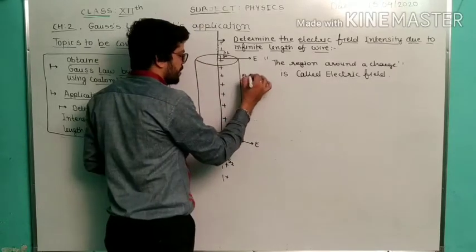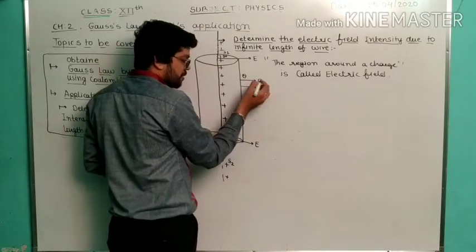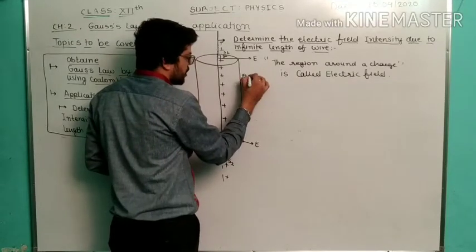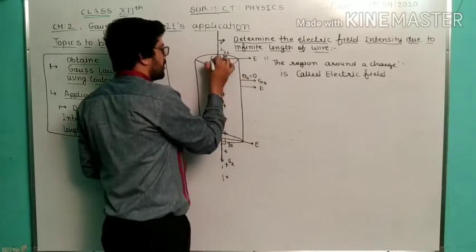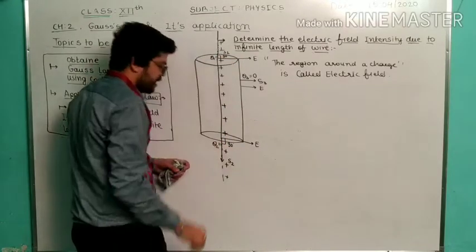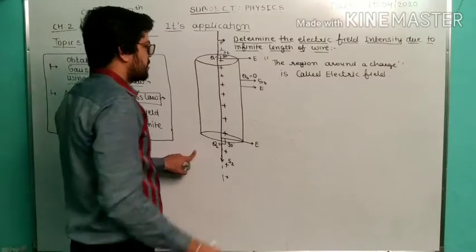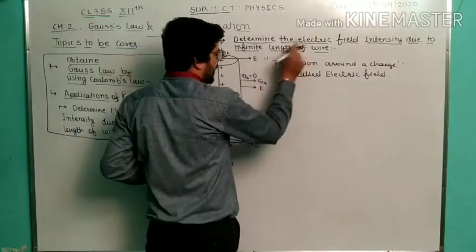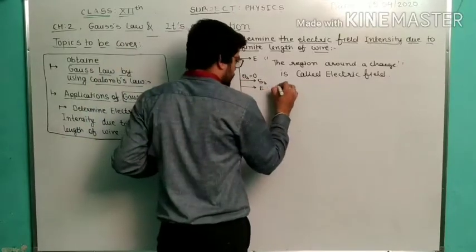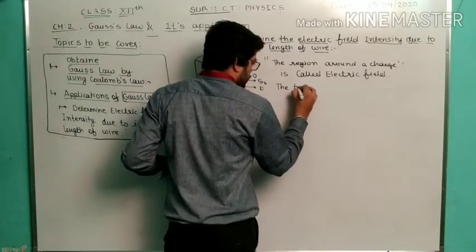It is making an angle with electric field. I told you the angle between surface area and electric field. So here theta 3 is 0. Assume this is theta 1 and this is theta 2. So we got all these things. So now what we have to find out? Electric field. For finding electric field, we have to find out the total